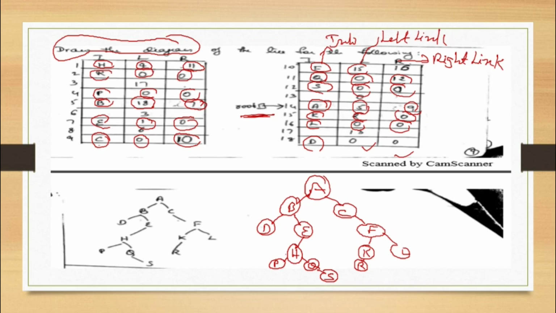Yes, we are done with all the elements of the tree. Now the remaining locations simply show you the avail list. Remaining, that is the 17th location, the 13th location, the 6th location, and the third location. You have the avail list, so we need not bother about that, because we had to draw the tree.